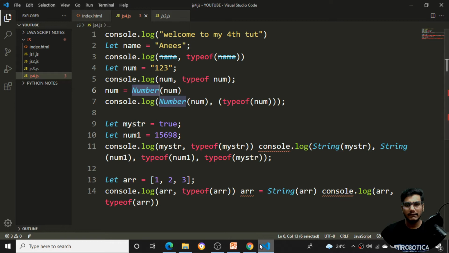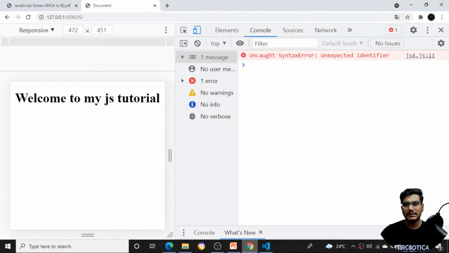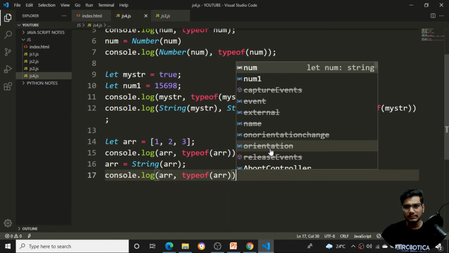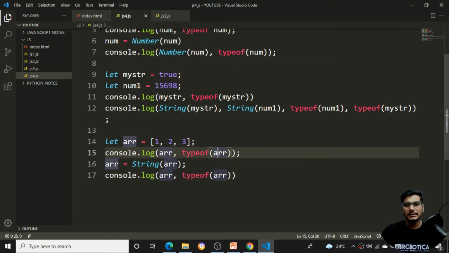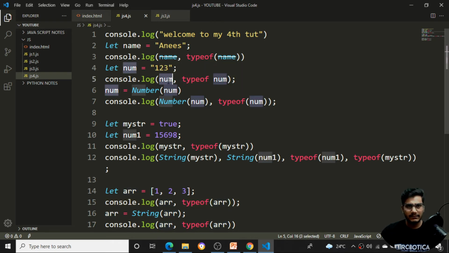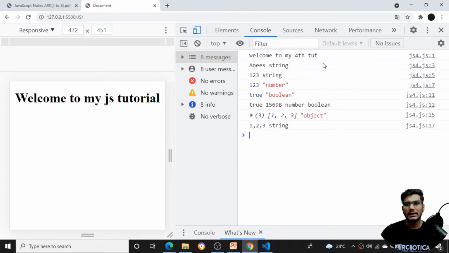Then after converting the particular string value into the number, if I try to see, you can see I'm getting some syntax error here. What is the error? Somewhere here 1 is closing over here, type is closing over here, and console.log is also closing perfectly. Okay, I have given the semicolons over here, and the error has gone. So you can see the number I have given; first I try to print the particular number. If I print, you can see I'm getting 1 2 3 as well as a string value.